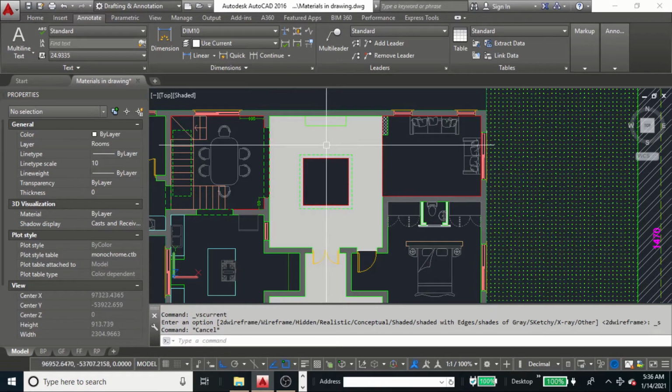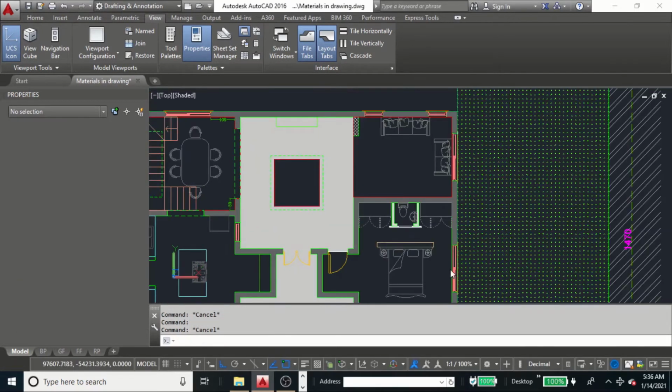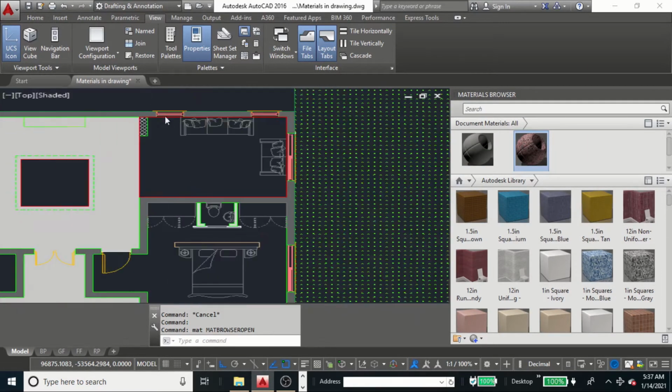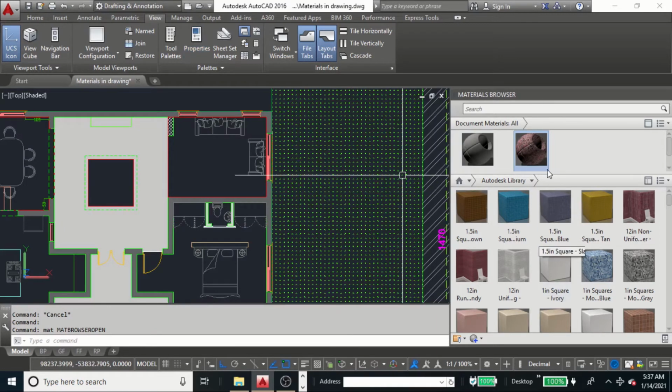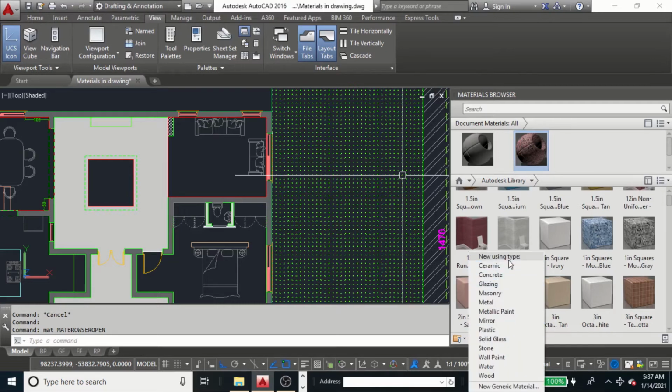Now let's go to the materials browser to add a material. If you want to go to the material browser, type MAT to open the material browser. Let's close this properties window, and let's go to the material browser. What you see here is all the materials from the library itself. We want to use our own, so here at the bottom we create a new material in the document. Let's click there, and you have a lot of templates here to choose from,